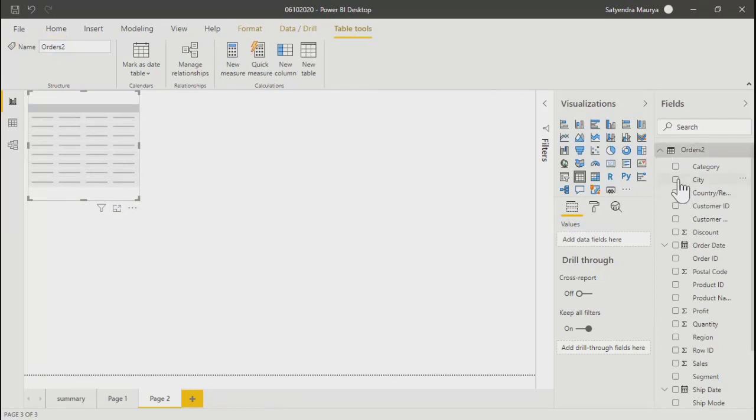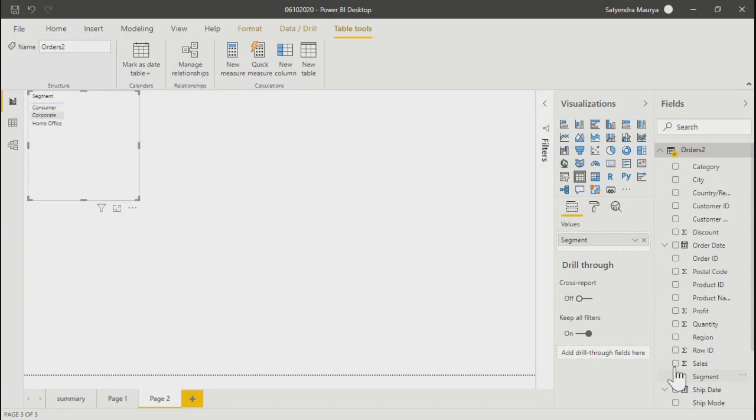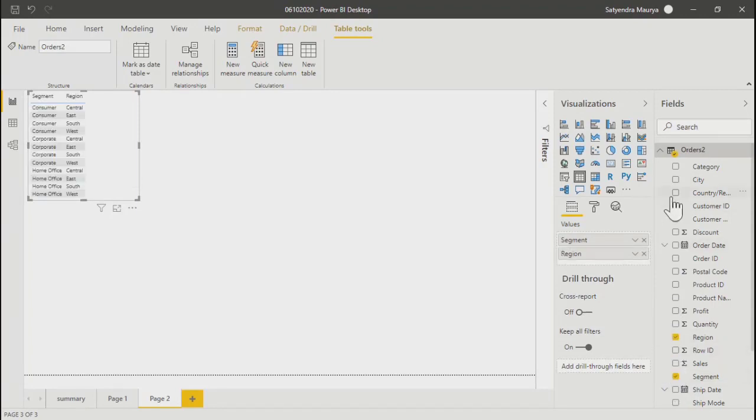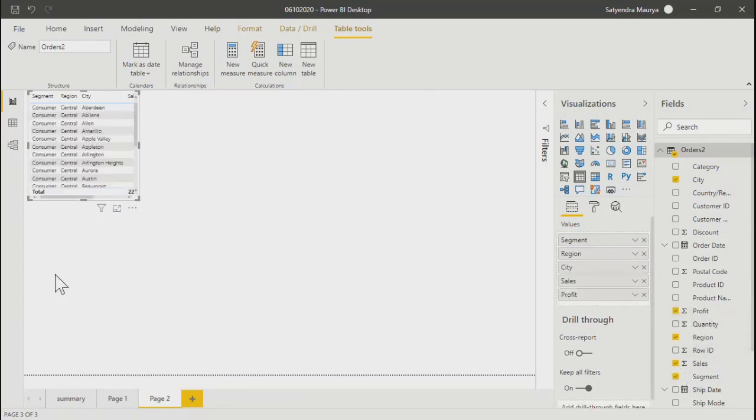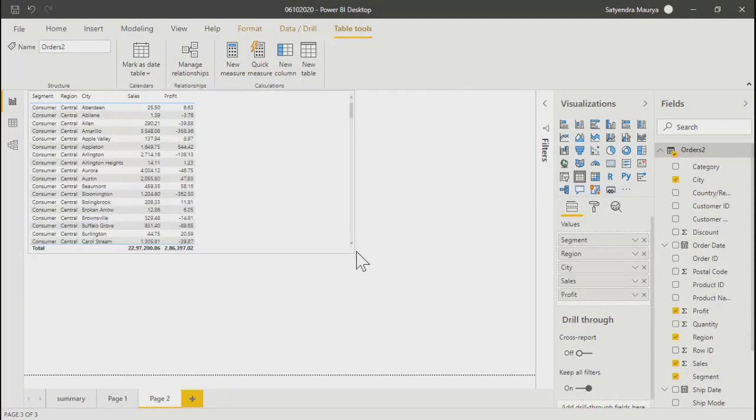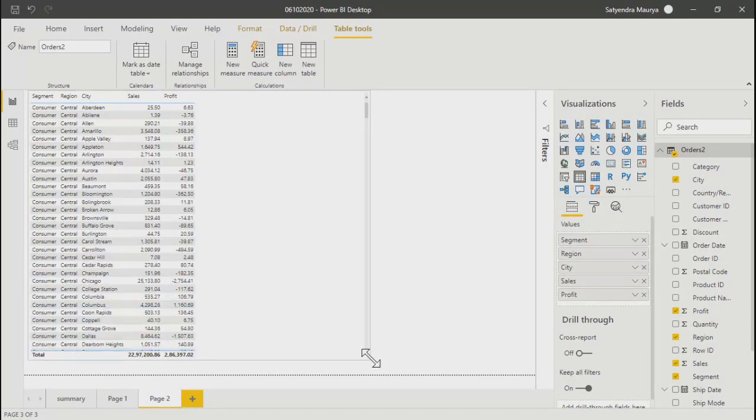For example, start with segment, then maybe region, or city, and any measures, like sales or profit. I've just started taking my fields. Whatever field I selected, it keeps on adding those fields over here. There is no other change.